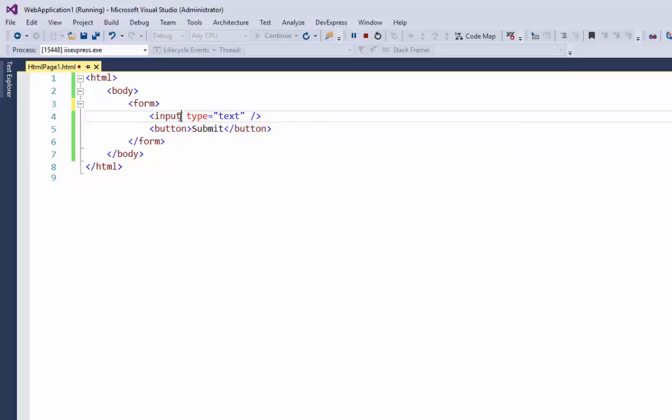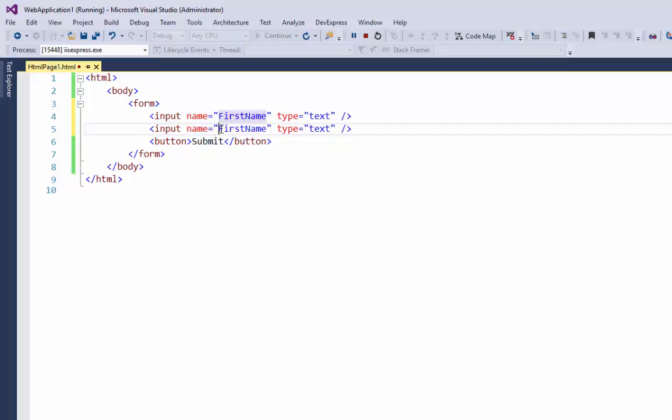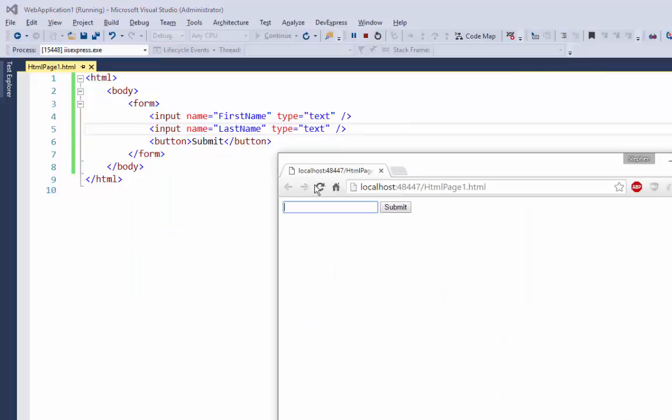Let's say I gave my input box a name, and I'm going to call it first name. And I'm going to duplicate this and have another text box that is last name. And I save it and I refresh over here. This box is called first name, this box is called last name, and when I click submit, if I put in Bob Smith in here, it's going to send back to the server the value of Bob and the value of Smith